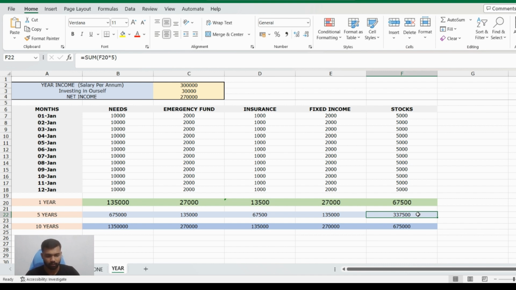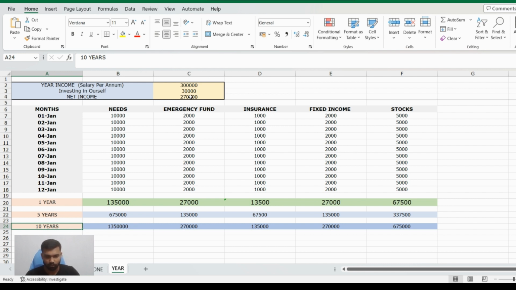In that 3 lakh also, we will invest a small amount in an index fund. Seeing it over 5 years, you will also have this amount plus the return on investment from your first month's salary. Okay, now let us look at the 10-year calculation. We are seeing the 10-year calculation without any hike or increase in our net income and salary income per year.